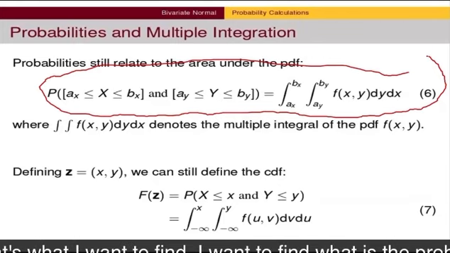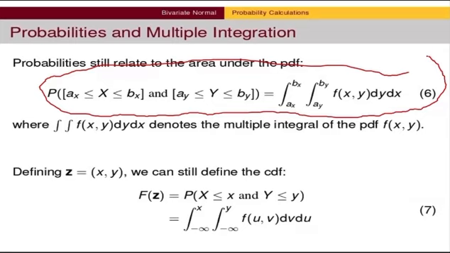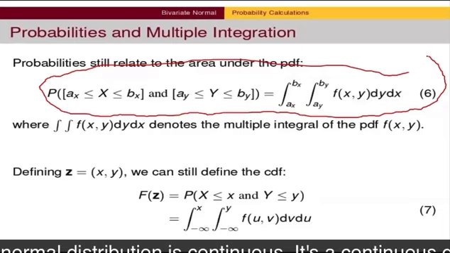I want to find the probability that S lies between A and B and Y lies between A and B. Because the normal distribution is a continuous density,